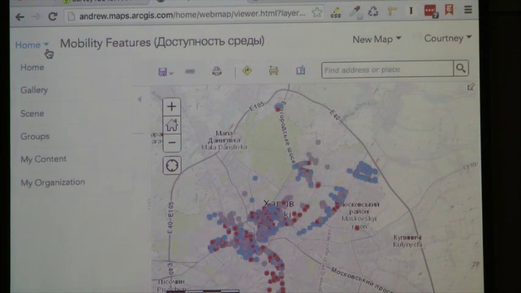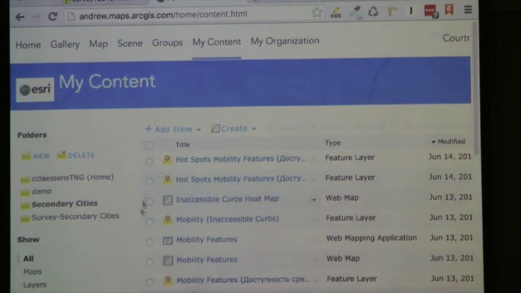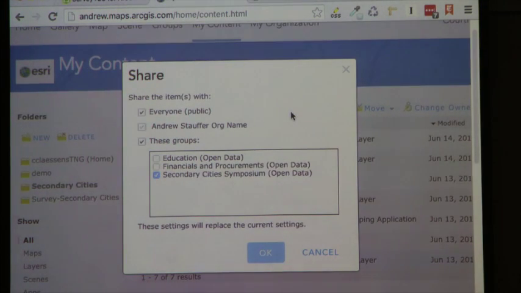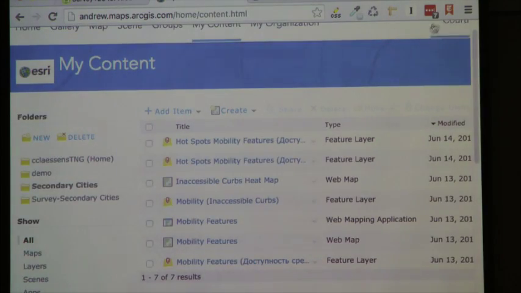All right, so let's go back to our content. This org has open data enabled already, but if you don't have open data enabled in your org, the administrator just has to go in and click the button in the org settings. We can go ahead and share this with a group. When you make open data available for your org, it doesn't mean that all of the data in your org is available as open data. You organize it by different groups. So I've shared it with the Secondary Cities Symposium Open Data Group. And then once that's done, we can go to